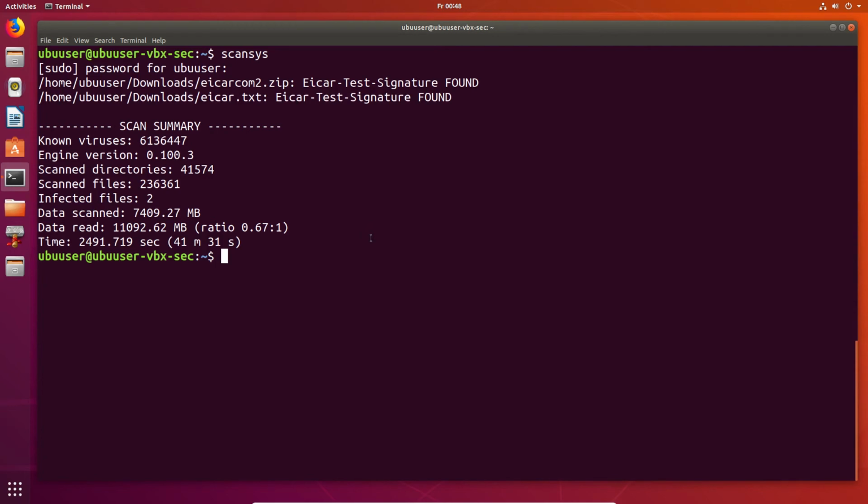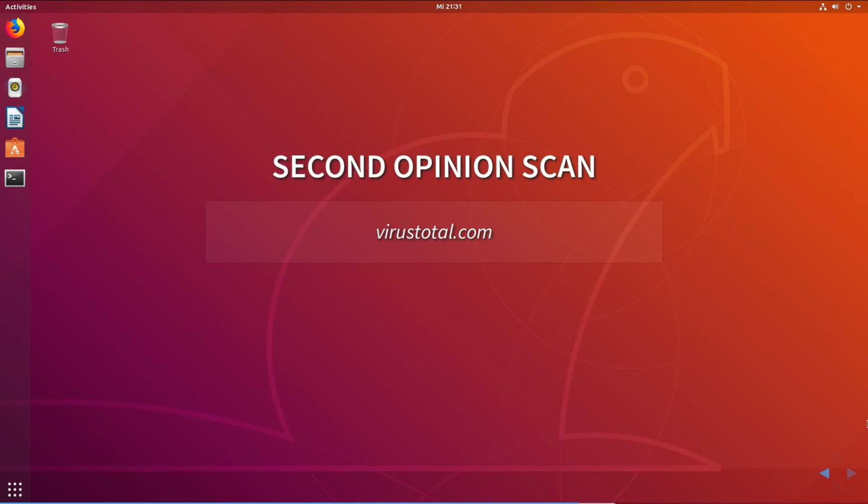I recommend you, once you have the script, make a backup of the script file onto a USB drive or on some cloud drive, so that you will have it the next time you install a Linux. What if ClamScan reports a file as infected? Because chances are that it's not really a virus.